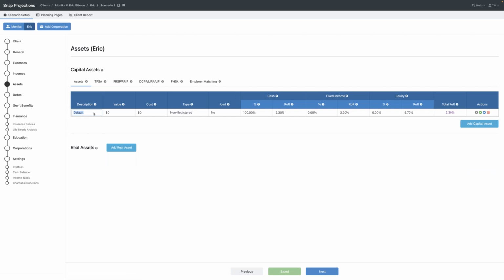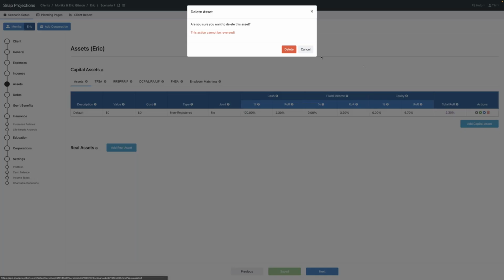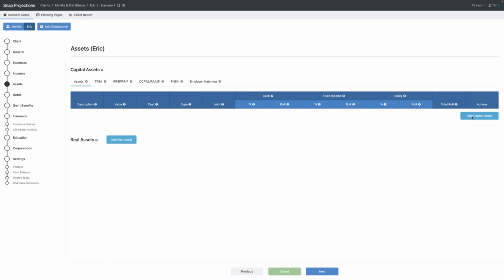So we're quickly moving through these pages, and we're going to take a look here at the default non-registered asset that's added for you in the plan. So this is here because we want to make sure that there's sort of like a bucket in the future. If we ever need to add money to an account, we want to at least have something available. So we kind of start you off with an asset. I'm going to go ahead and add more assets, so I'll just delete that one for now,